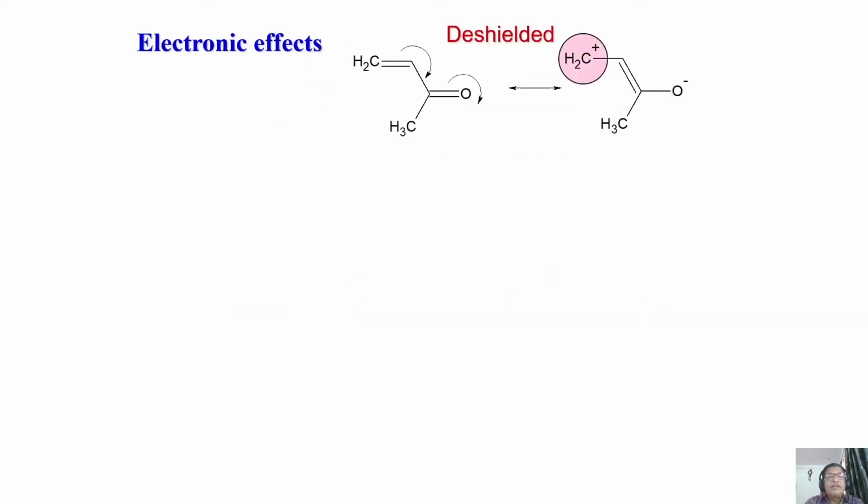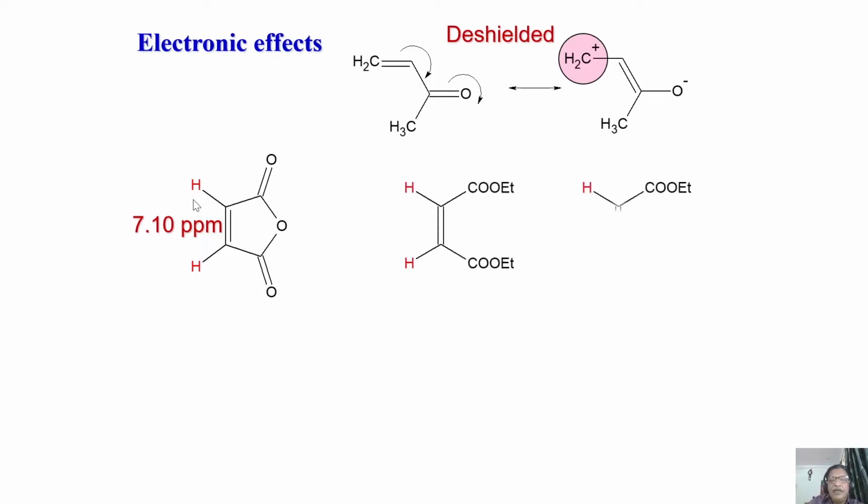So this is another important effect, for example, the electronic effect, which causes a shift in the peak position. In a molecule like this, substitution of C double bond O in this five-membered ring made these two peaks, of course there is a chemical equivalence, move to downfield. This gets de-shielded. Okay, this is because of this.